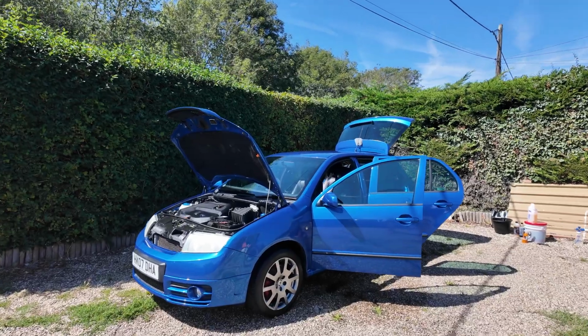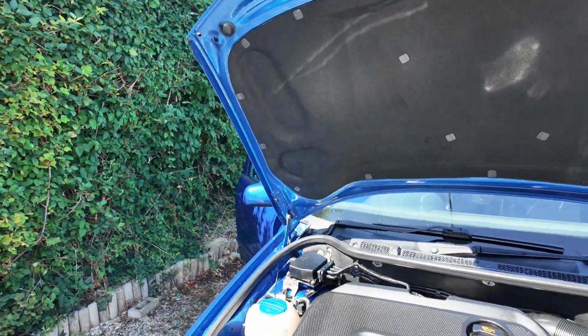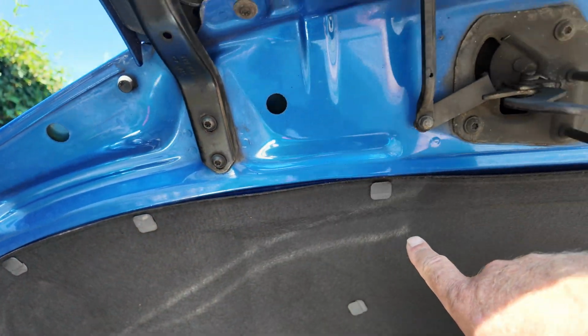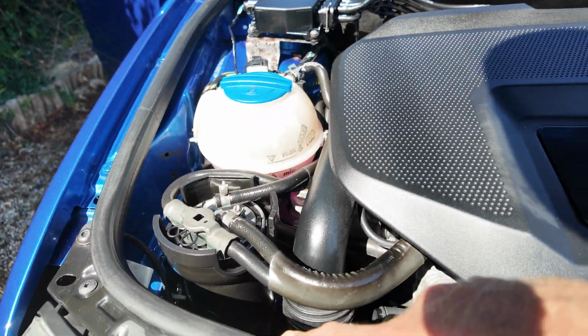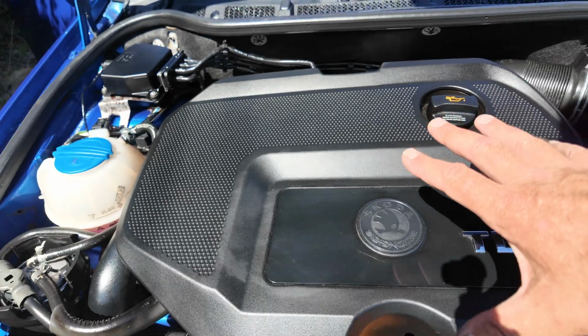Right, not something we normally do, but today I have been into the detail of this. This morning I hoovered the insulation, stroke sound deadening. These aren't marks, this is just reflections, by the way. I hoovered that, and I did think, if the neighbours see me, they'll think I'm mad. Had a little bit of a dust around under here, and there was no deep clean. It was literally doused, all the plastics, with